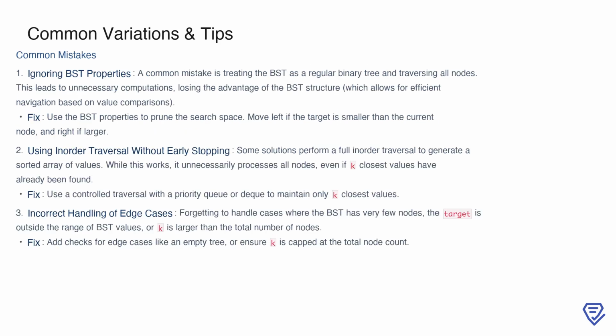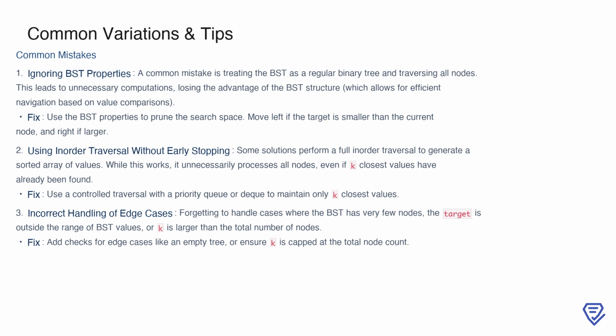When solving the closest binary search tree value 2 problem, there are a few common mistakes that can slow down your solution or cause it to fail. One of the most frequent issues is ignoring the fundamental properties of a binary search tree. A BST isn't just any binary tree, it has a specific structure that lets you navigate efficiently based on comparisons. If you treat it as a regular tree and traverse all nodes, you'll lose this advantage and perform unnecessary computations. Instead, you should prune the search space by moving left when the target is smaller than the current node, and